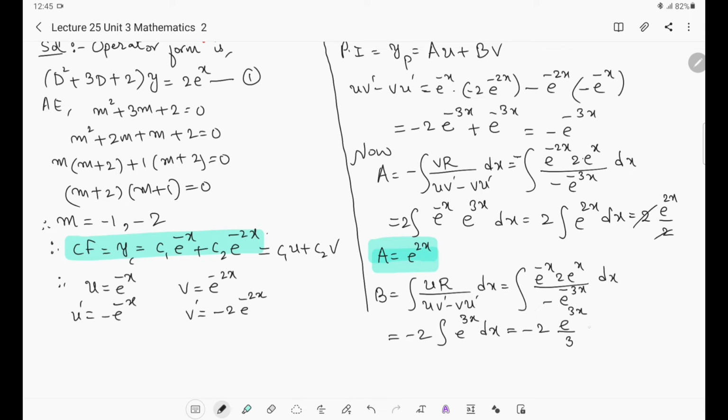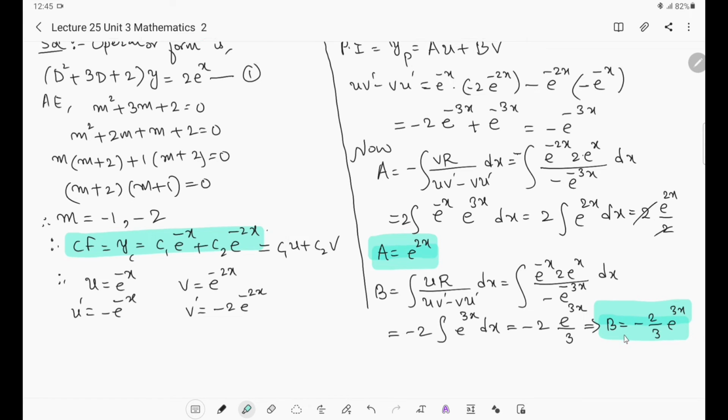So ultimately what is b now? Therefore b equals minus 2 by 3 e power 3x. This is b: minus 2 by 3 e power 3x. Therefore finally,